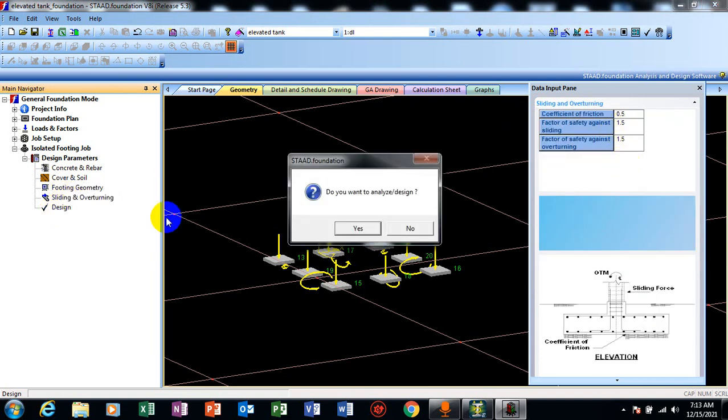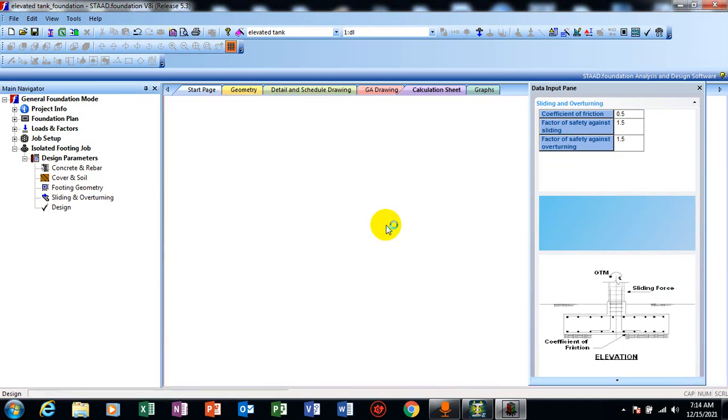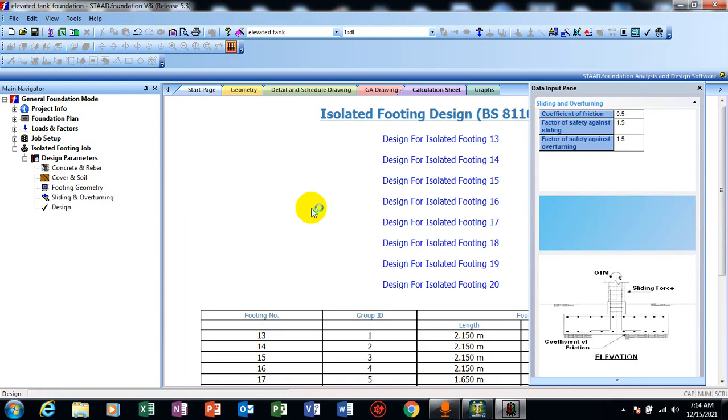But always put at the back of your mind that your design should not only be safe, but should also be economical as well. So do you want to analyze or design? Yes, I actually want to analyze this and design this. So it's going to give me